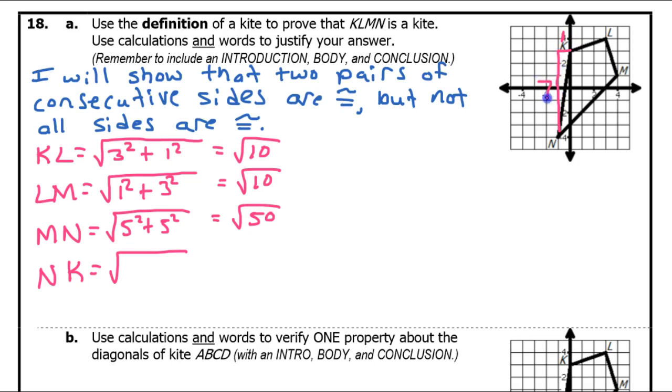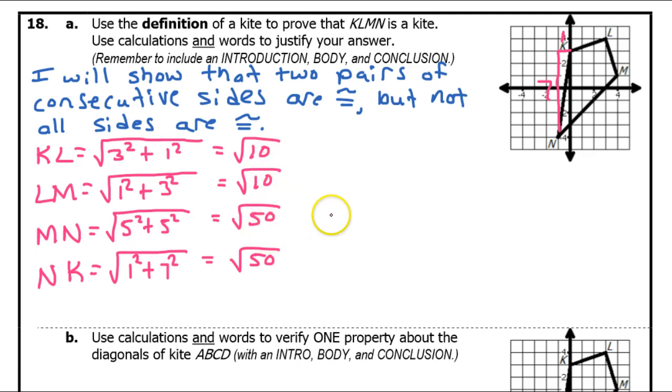I see 1 and 7. Alright, so that's going to be 1 squared plus 7 squared. Well, 1 squared is 1, and 7 squared is 49. So that's 1 plus 49. Guess what? That's 50. So I have 2 pairs of consecutive sides that are congruent, but they're not all congruent,